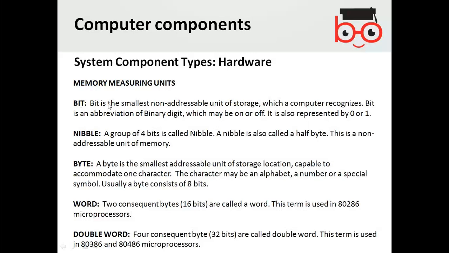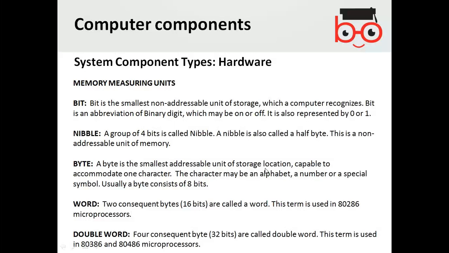A bit is non-addressable. For example, if I ask you to give me the address of a room, the minimum address will be, okay, room number 1. If I ask you to give me the address of the corner of the room, you cannot say which corner, but you will have to start with a room number. So a bit is the smallest one. It is non-addressable. A nibble is a group of 4 bits, while a byte is the smallest addressable